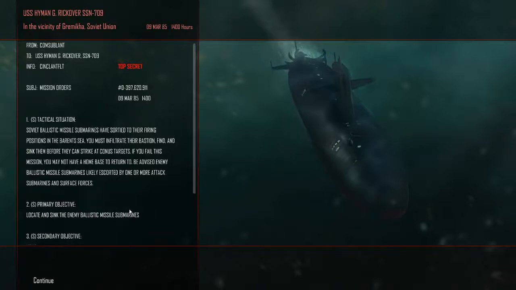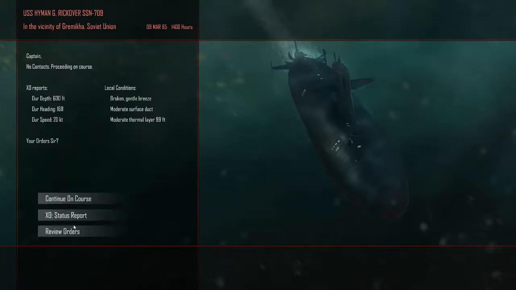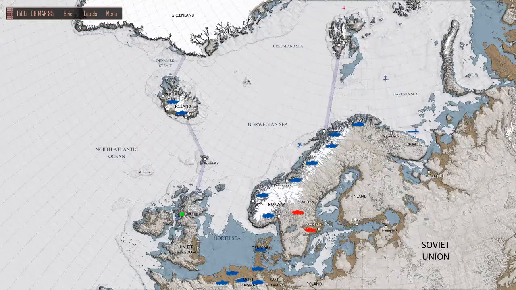Alright, so this is it. This is the last mission. Soviet ballistic missile submarines sortie to their firing positions in the Barents Sea. Must infiltrate the bastion and sink them before they can strike at continental targets in the United States. So we've got enough torpedoes, I believe, to do this. So I'm not going to worry about going back and resupplying, especially with the limited speed that I have now